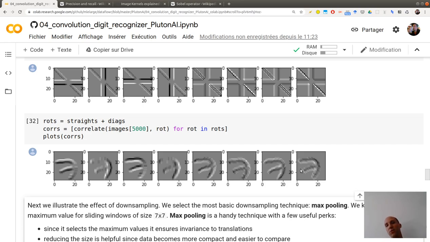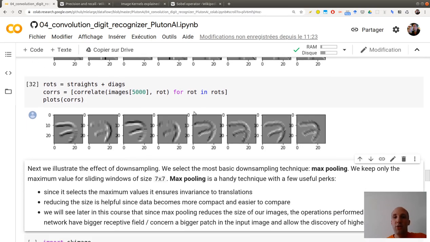Now I want to reduce the dimension of all of these images. The way I will do it is with what is called max pooling. This is a very simple downsampling technique. It works like this: you cut each of your images into non-overlapping squares of size 7 by 7.